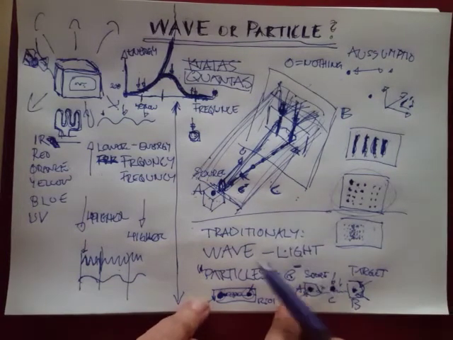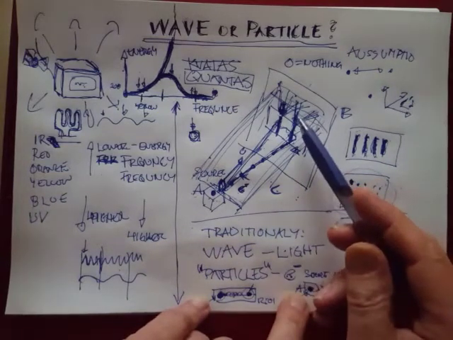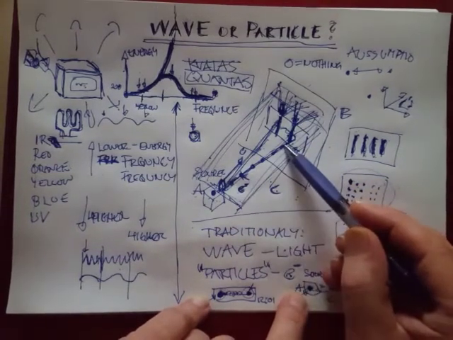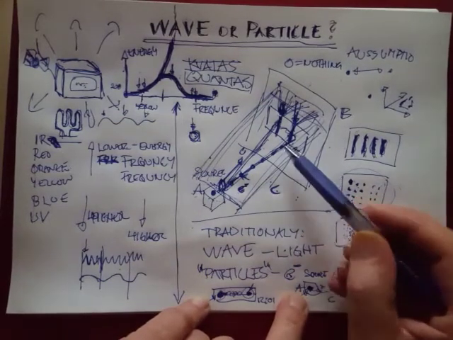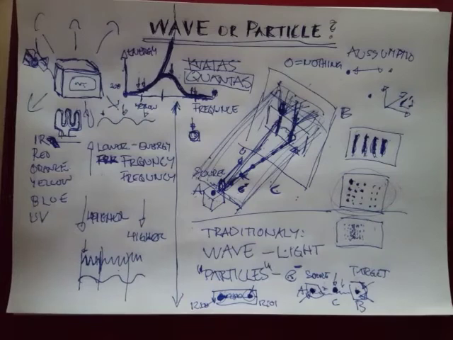The reason we think light is a wave is because it moves so fast that we've never been able to track it in its path. And light always comes in huge amounts of light particles. If you turn on your light at home, you fill the entire room. The entire room is full of photons, and there is no way you will see individual photons. You always see them in huge amounts, and this means that the particle nature of light has been hidden from us in our everyday living experience.